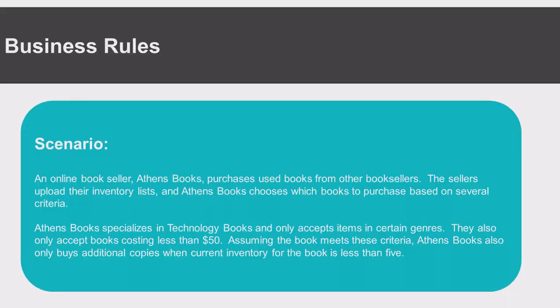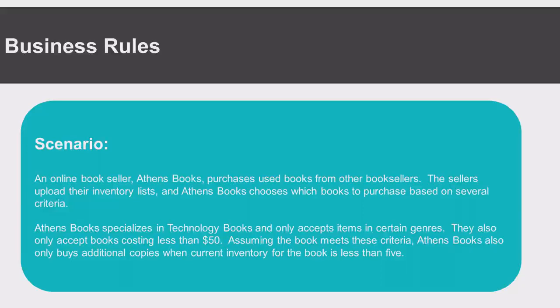Athens Books specializes in technology books, and they only accept items in certain genres. They also only accept books costing less than $50. Assuming the book meets these criteria, they also only buy additional copies when current inventory for the book is less